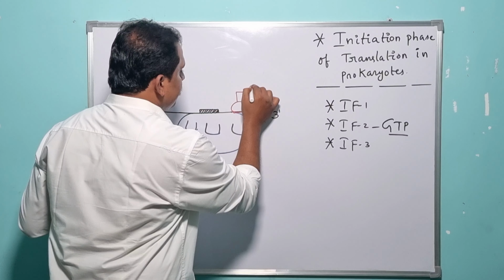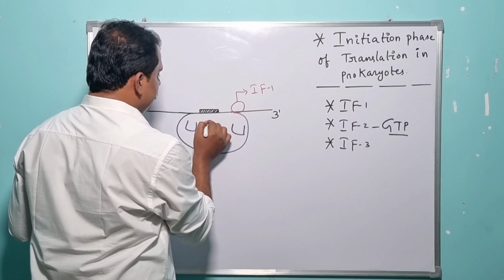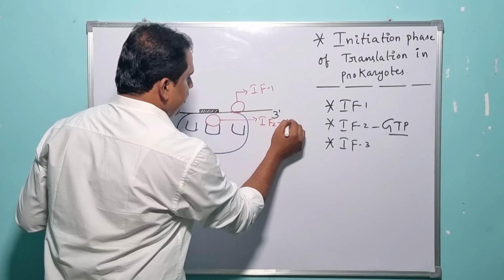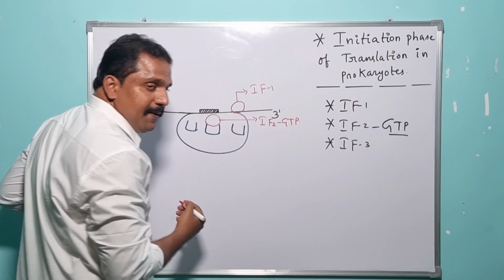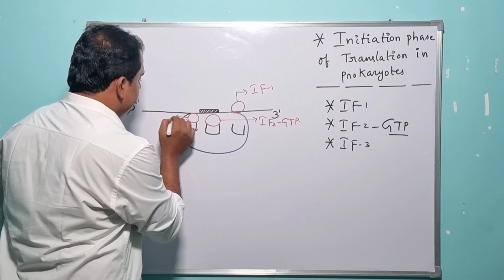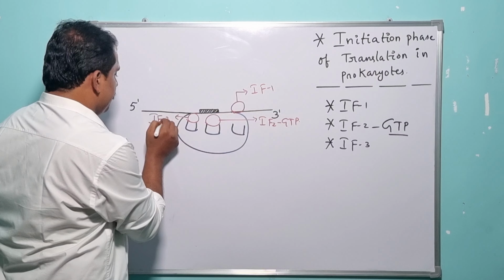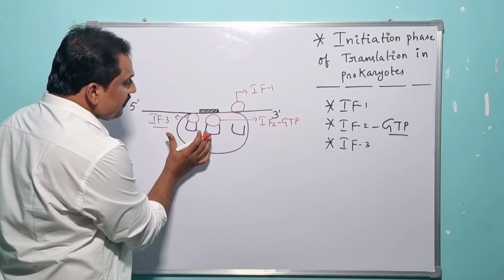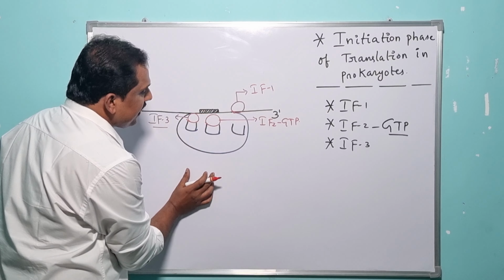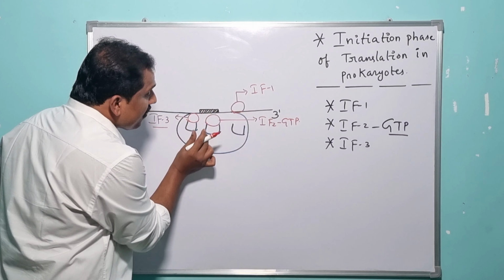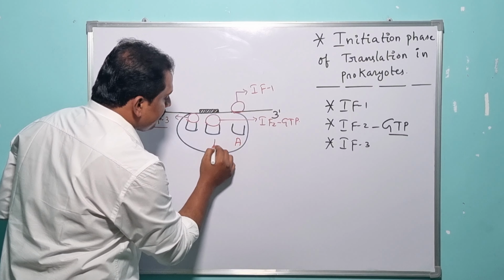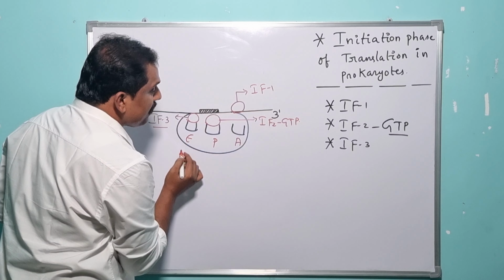Initiation factor 1, initiation factor 2, which takes advantage of one molecule of GTP, and initiation factor 3. Once the small subunit of the ribosome is capable of recognizing the start codon or the initiation codon, and once the start codon is placed accurately at the P site of the ribosome by a specialized mechanism known as scanning,